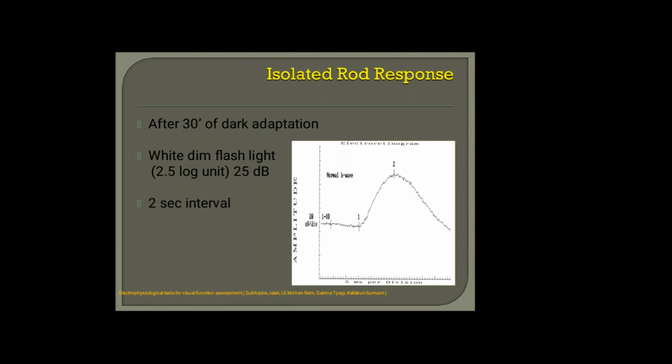That does not happen instantly, so we have to start from very minimum light and then switch to the maximum intense light. Once you give a minimum light, your photoreceptor rods are not fully charged, so there is no A wave. A comes from the photoreceptor and B from the inner retinal response. So here the rod induced inner